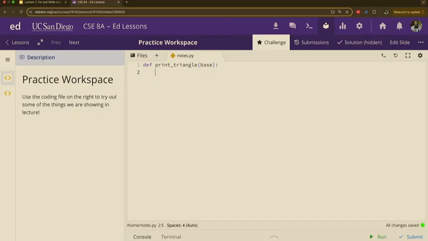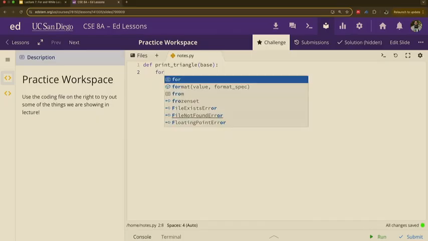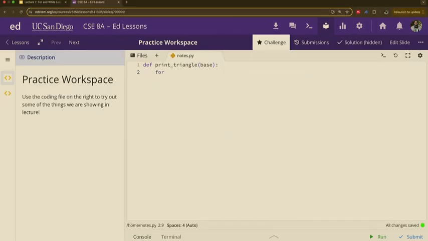Yes? Like a for loop? A for loop. Yeah, we can absolutely use a for loop. So let's just make a for loop really quick right now. For, what do we want to iterate through, right? For loops that we use, we're usually using them so we can go through a list of something. How much do we want to go through right now? Where do we want to go through?